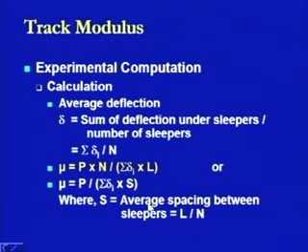So, S is nothing but the average spacing between the sleepers, and this is defined as L divided by n. If we put this value in, what we found is that mu, or the track modulus, is nothing but the load applied or coming from the top on the track, divided by the summation of the deflections on all the sleepers which have been provided below a rail length, multiplied by the spacing of